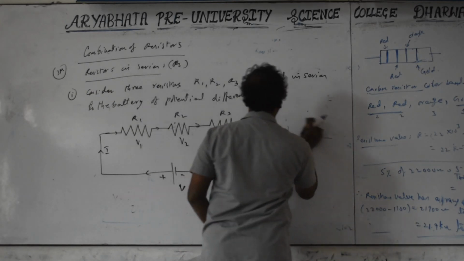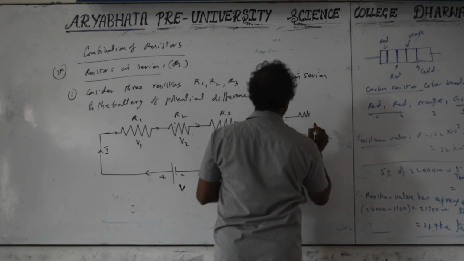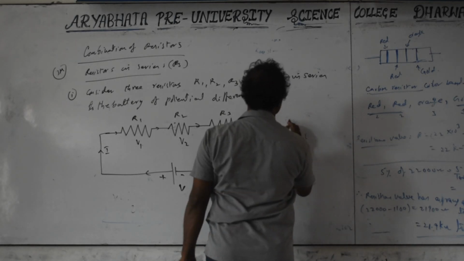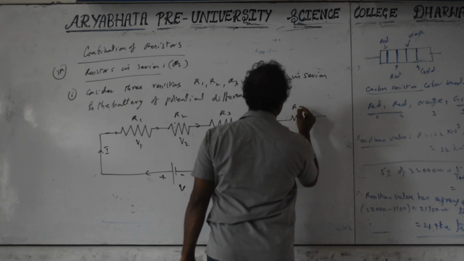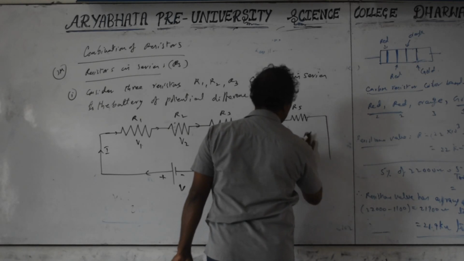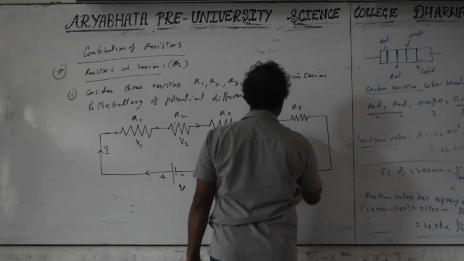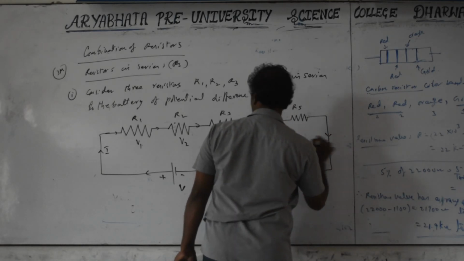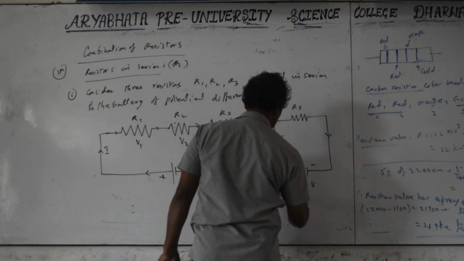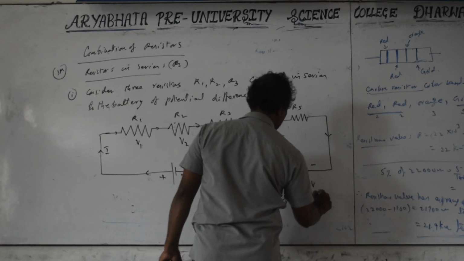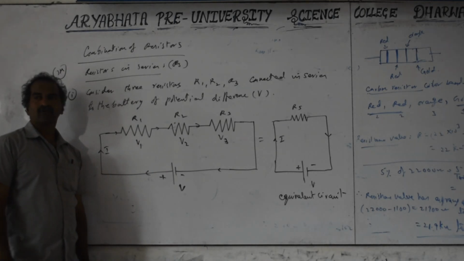And the equivalent circuit we take is the resultant resistance. Instead of many resistors, we take only a single resistor. We call it RS, connected to the same battery, and the same battery produces the same current. The current is I, the same current. This is called the resultant or equivalent circuit. We have to take the help of Ohm's law to find out the resultant